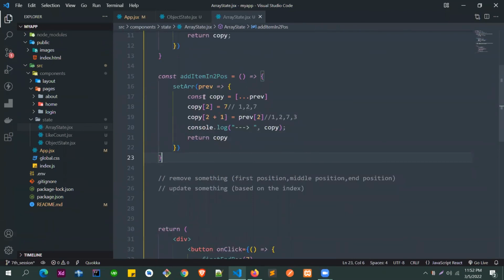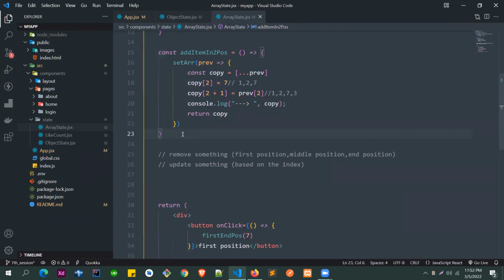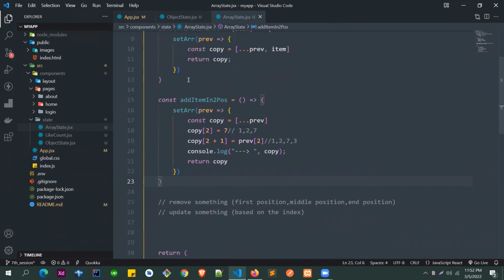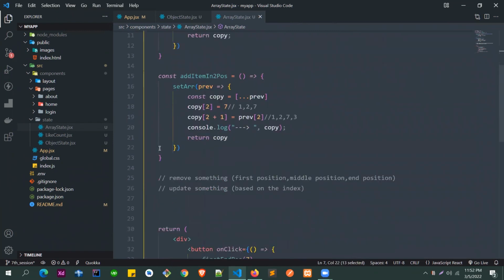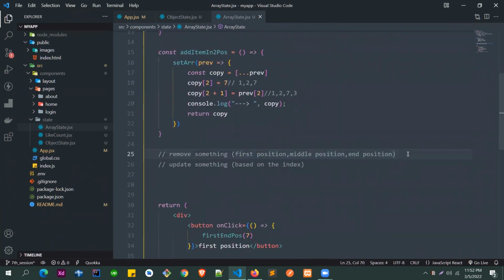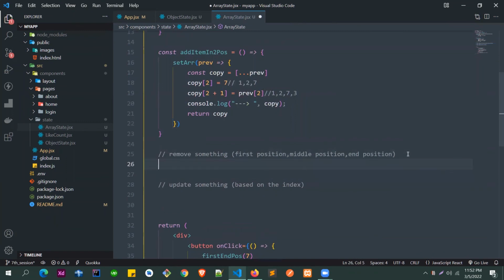Yeah, so you can modify it whatever way you like. Okay, the idea is you need to make the copy so that it's changed in React. So React understands that something changed. Okay, so this is the add element. Now we can try to remove the same way. Okay, so to remove, you can actually use the filter thing. Okay. So you can do const remove item, and